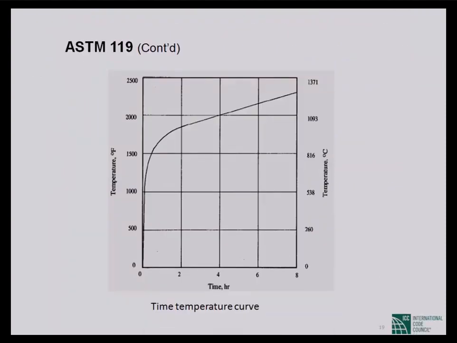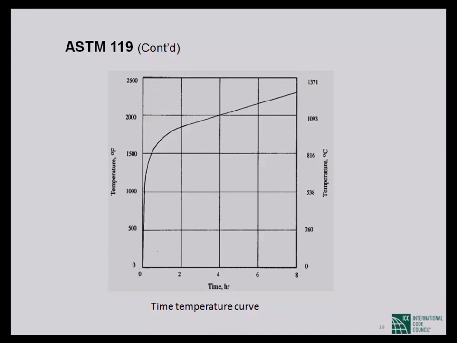This is the temperature rising curve. So you can see, if you would like to give a 4-hour rating, you have to heat it up to 2000 degrees Fahrenheit. If you would like to have a 1-hour fire rating, you have to heat it to about 600 degrees Fahrenheit. So the fire rating is not only the time of heating,